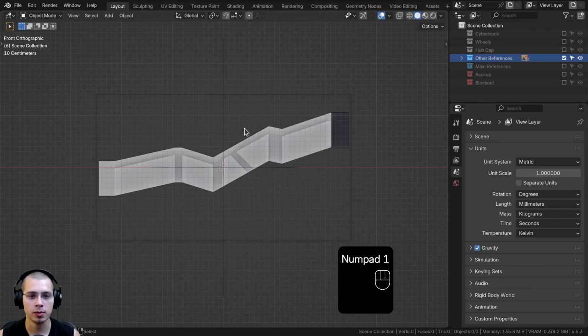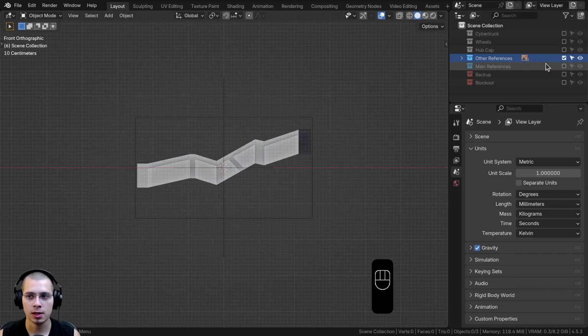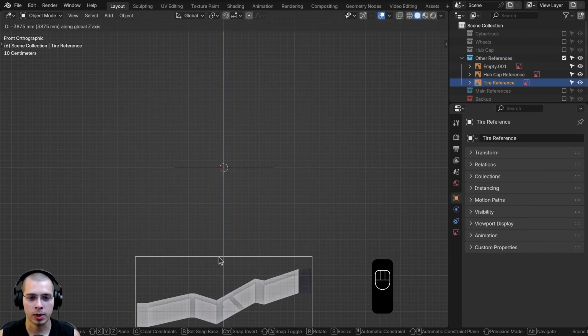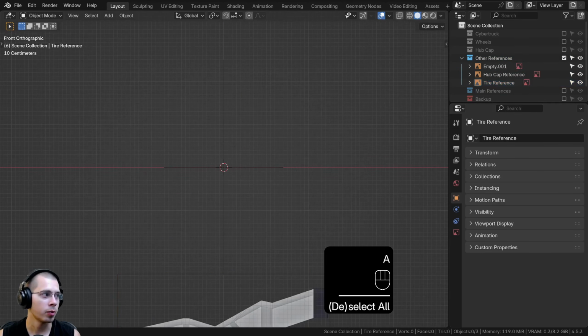So we'll go to front view, and this reference here, if we just open it up, we just want to make these selectable, and let's just drag this down so it's out of the way. We'll just drag it way down here. And now we want to add in